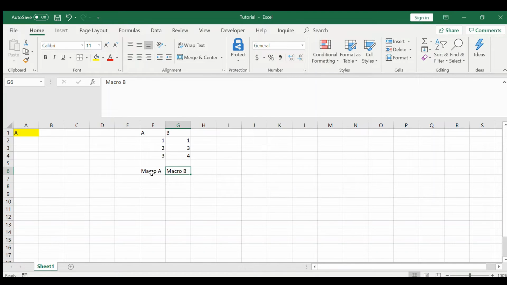Think about the user who uses this. If you're the user, since the macro is unable to make a decision based on the value on what macro to choose, or it has not been programmed to do so, you will have to decide: if this value is A, I'll run macro A, or if this is B, I'll run macro B. This is very much workable. There's nothing wrong with this, but like I said, what happens if,